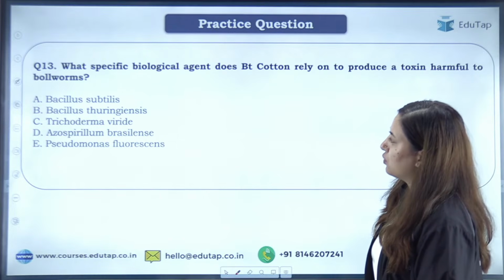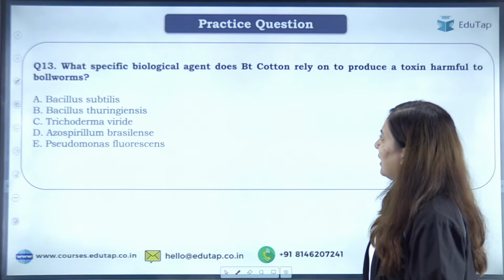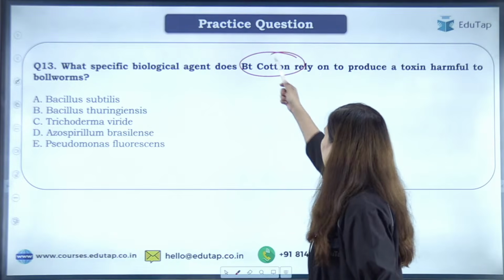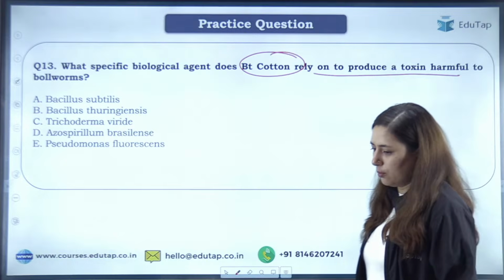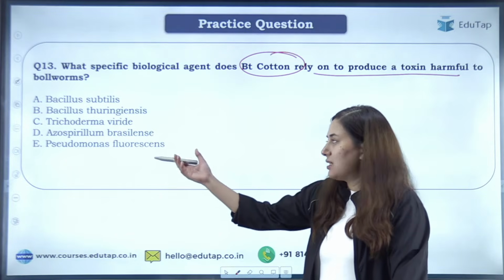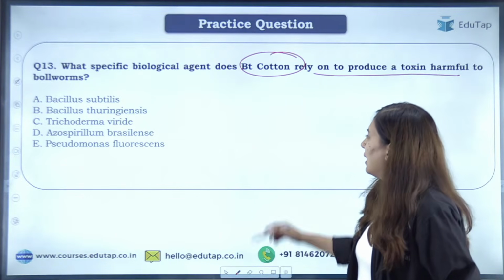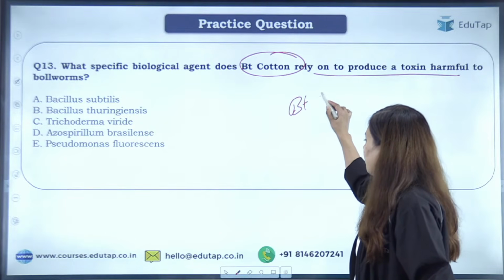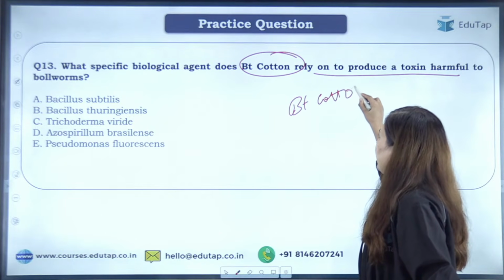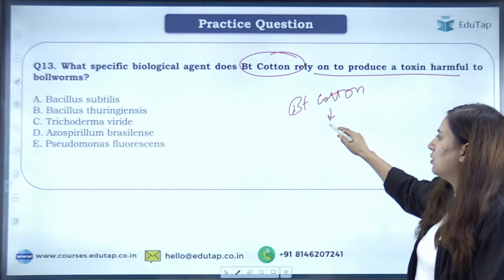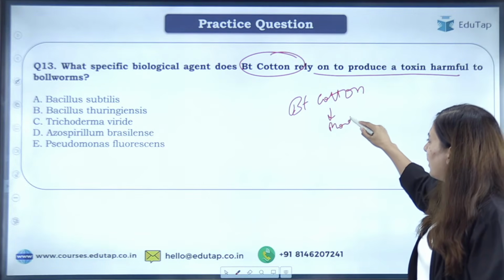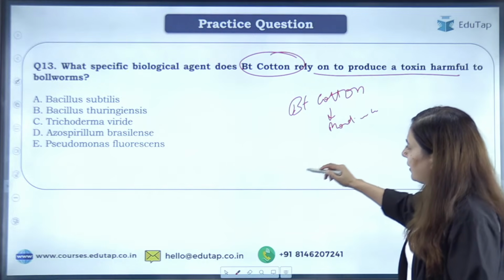Coming to next question, what specific biological agent does BT cotton rely on for the production of toxin harmful for bollworm? ठीक है, please read all the options and give me the answer. ठीक है, अब बीटी कॉटन का कंसेप्ट समझ लेते हैं. What is BT cotton? BT cotton is basically a modified form of cotton variety. ठीक है, ये एक, you can see, modified form है कॉटन वेराइटी की, जिसमें हमने क्या किया है, we have